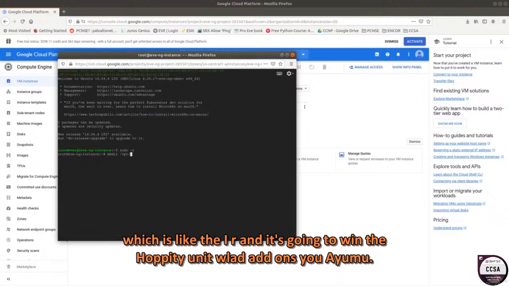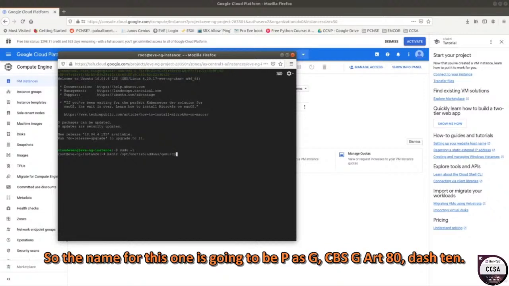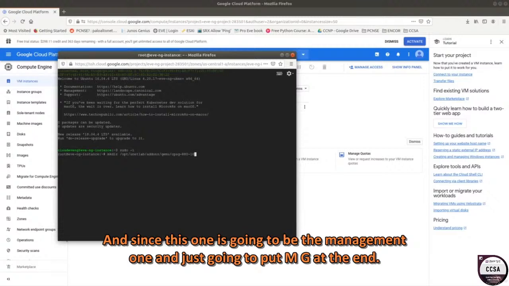and it's going to be in /opt/unetlab/addons/qemu. And from here, you need to specify what is going to be the name of it. So the name for this one is going to be CPSG-R80-10, and since this one is going to be the management one, I'm just going to put MG at the